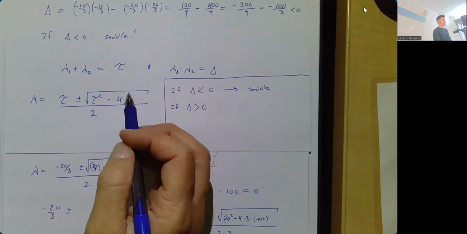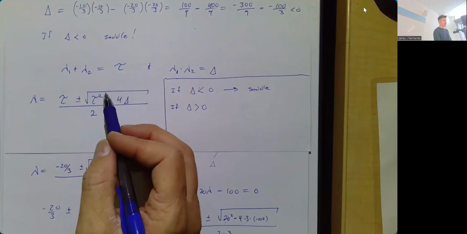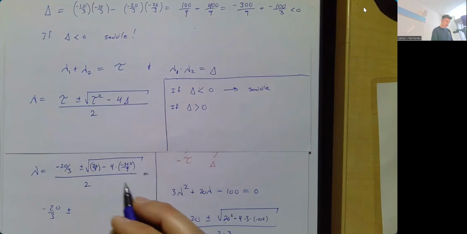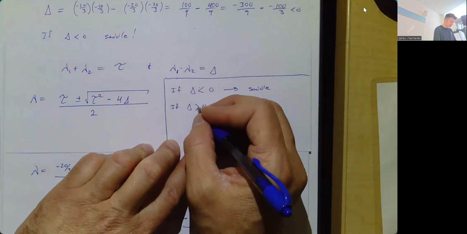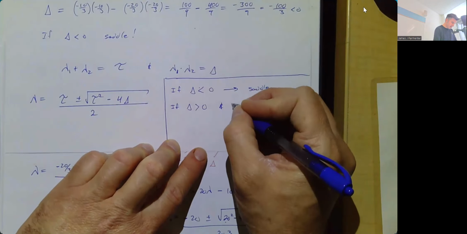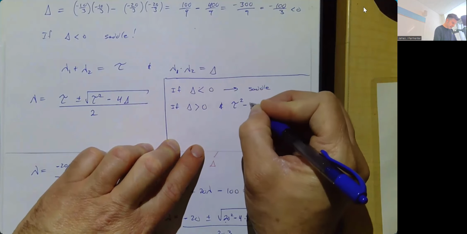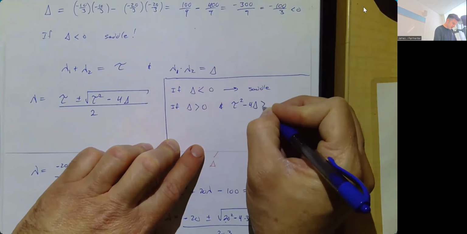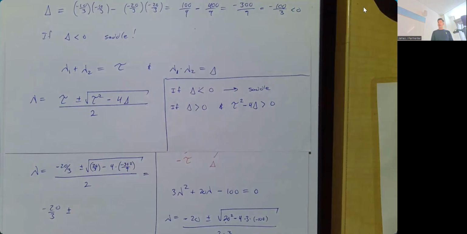If your eigenvalues are real, meaning the stuff inside the square root is positive, so if the determinant is positive and tau squared minus 4 times delta is also positive, then you either get